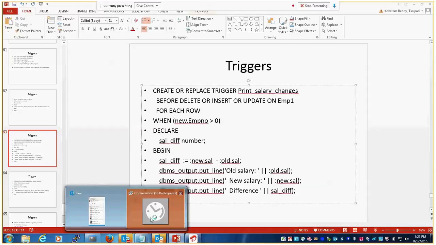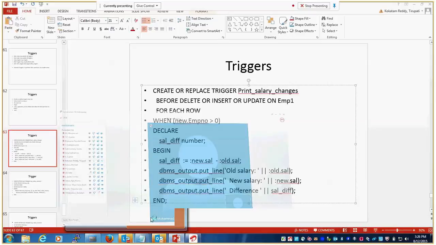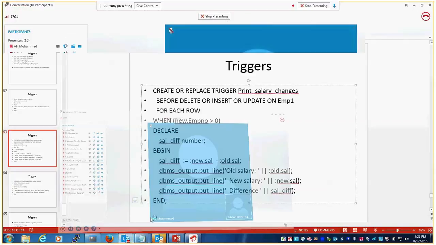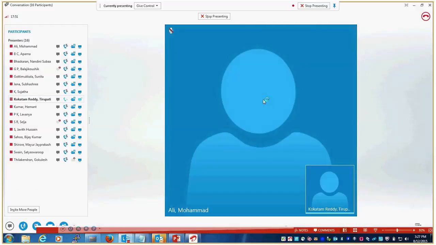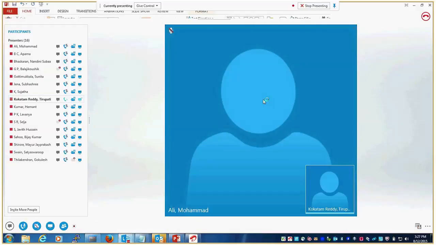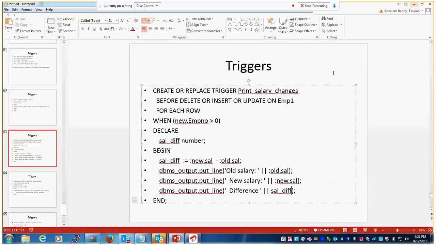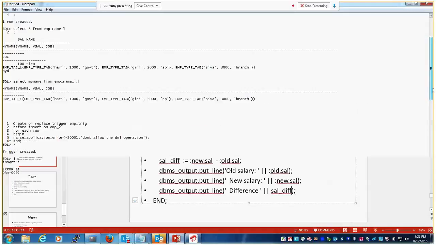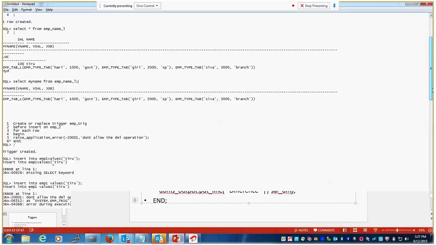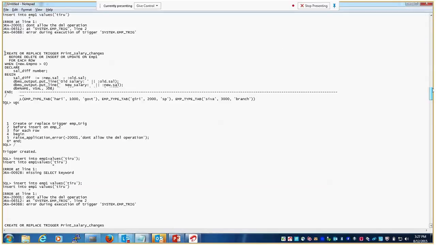I will try to execute this. First, the same trigger was already inserted and executed, so I am going to drop this trigger first.